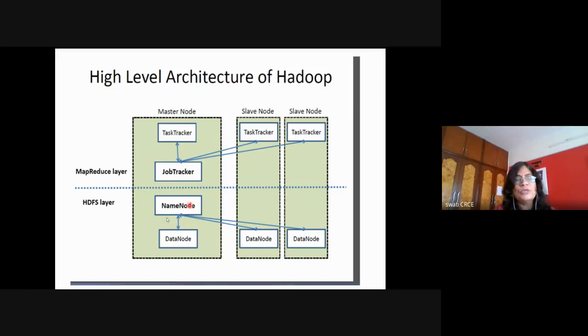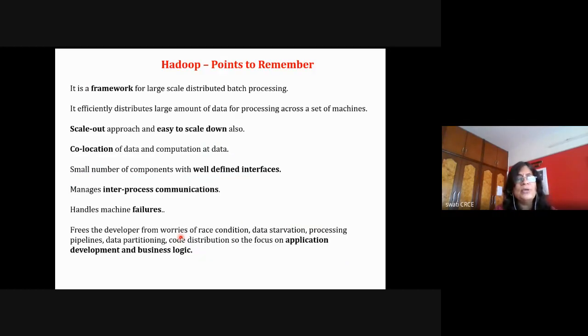Name node is a process running on this machine. Data node is a process running on these particular data nodes. These are small components with well-defined interfaces, and Hadoop manages inter-process communication. IPC is extensively used, and communication happens between different processes, and the Hadoop framework takes care of that.